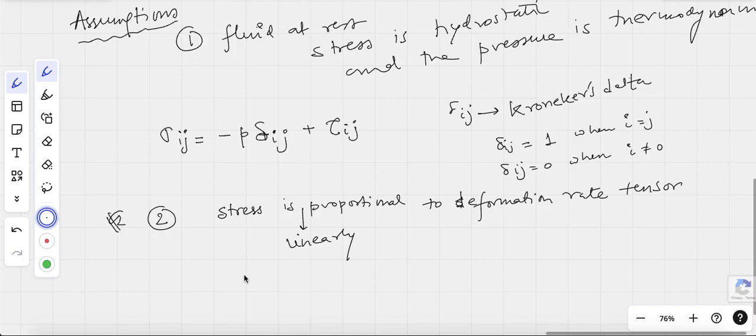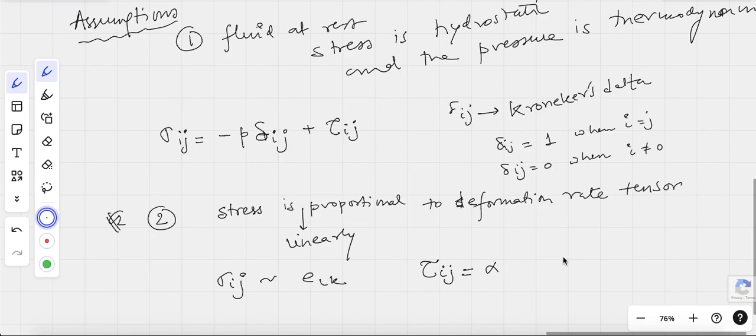So sigma ij is proportional to the deformation rate tensor. Because sigma ij depends on tau ij, we can write this as